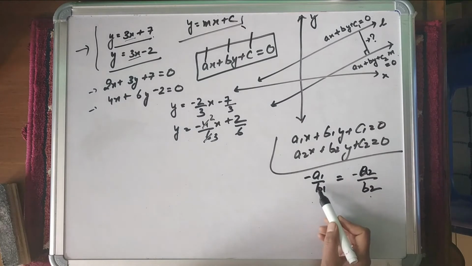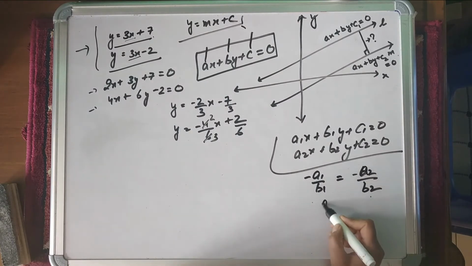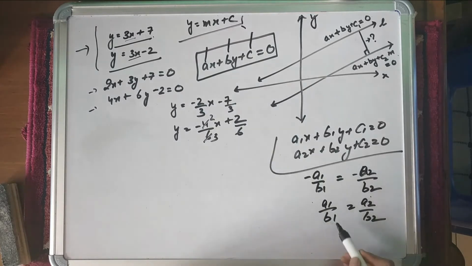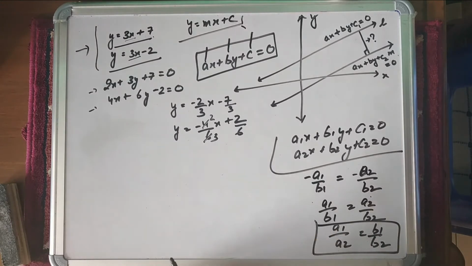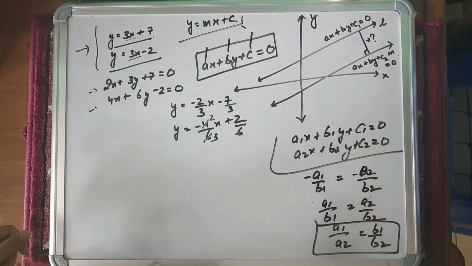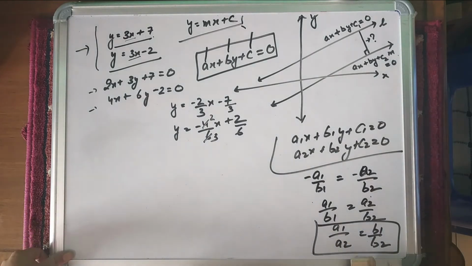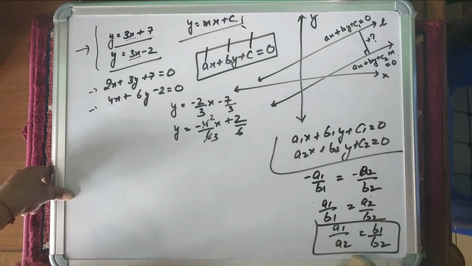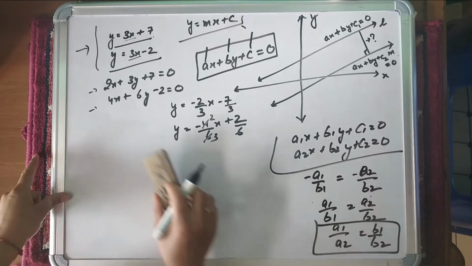This formula was further simplified. Their negatives will be equal if this is equal, no? So for two lines to be parallel, a1 over b1 should equal a2 over b2. This can be further simplified as a1 over a2 equals b1 over b2, and this was the formula that you learnt in class 10. So this ratio is always the same when the lines are parallel, no? Just keeping this point in mind, I reached here. How? Let's see.